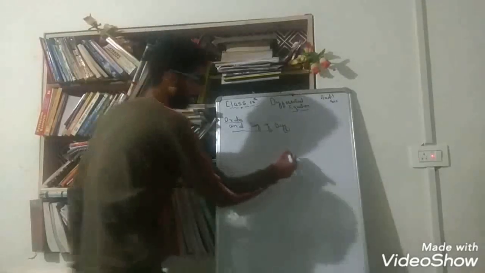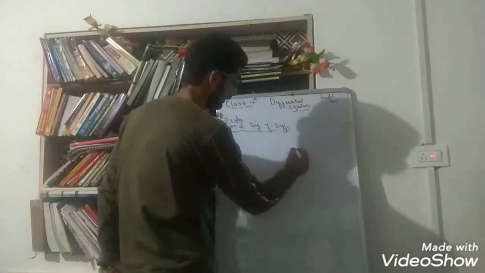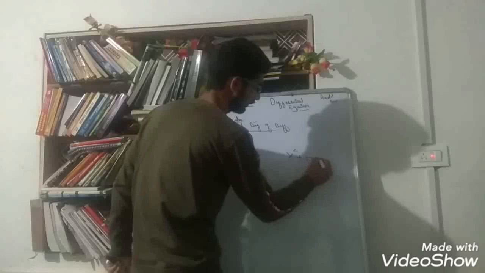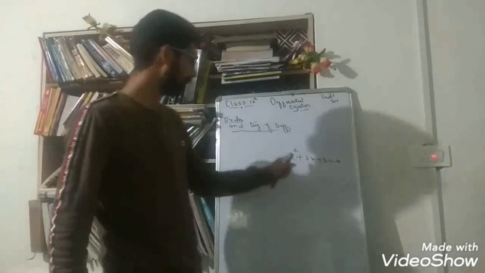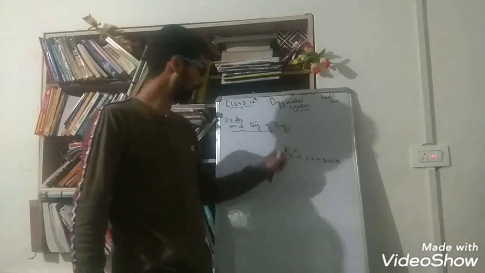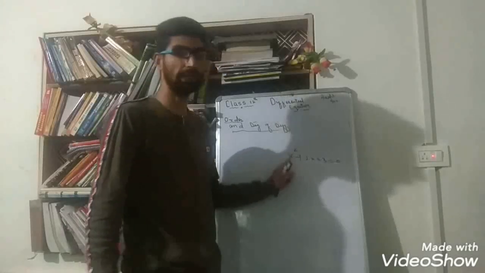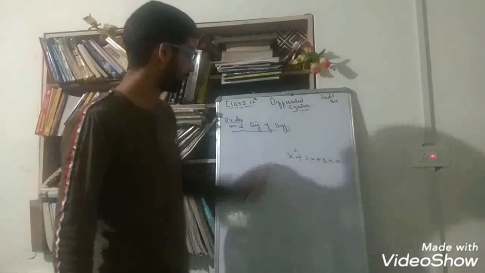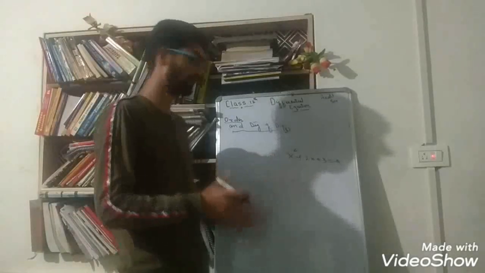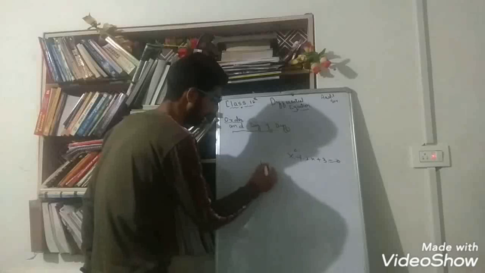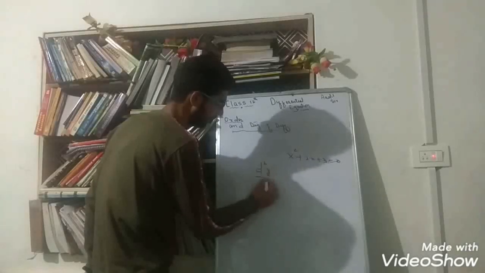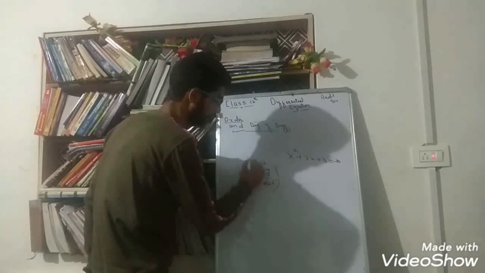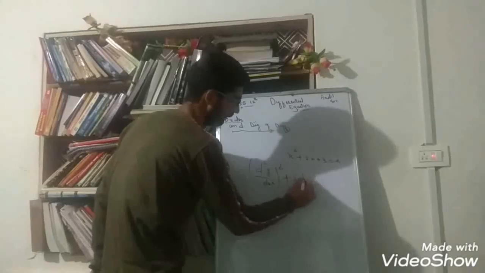Just as we find the degree of x square plus 2x plus 3 equals 0 only when it is a polynomial in x, and the degree is the highest power of x. Similarly, for example, d square y divided by dx square, whole square, plus 2 dy by dx